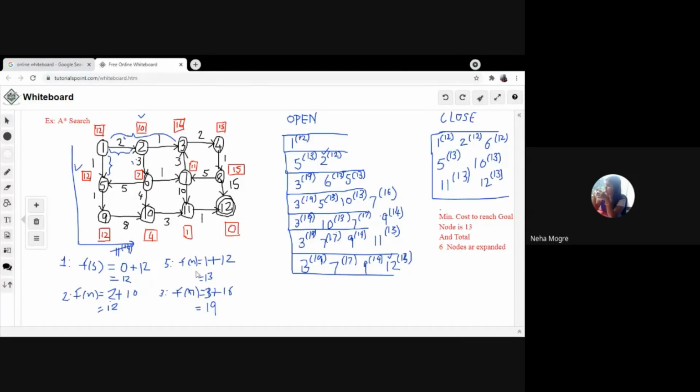Okay. And Om, you have asked one question. What is that C of n comma m function? See, from 1 to 3, if I need a calculation, that is 1 to 2 and 2 to 3. If I want to calculate the g value from 1 to 11, how are we calculating? 1 to 2, 2 to 6, 6 to 10 and 10 to 11.